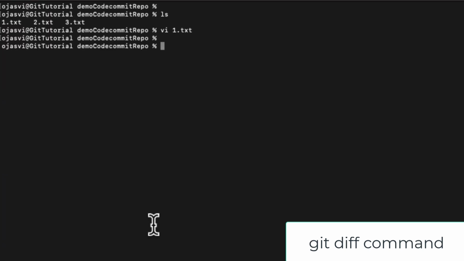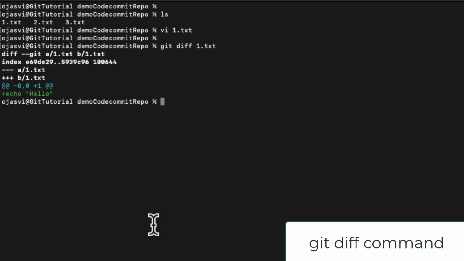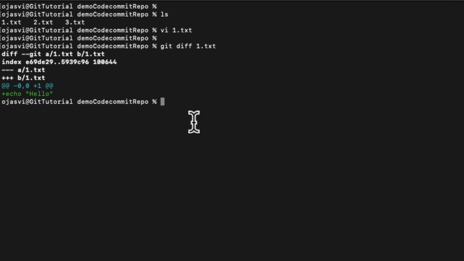I'll save it, and now if I use git diff, it will show me the difference. This line has been added, that's why the plus sign has been prepended to the line, showing the addition of a new line. If I remove the line, then it will be a minus sign,